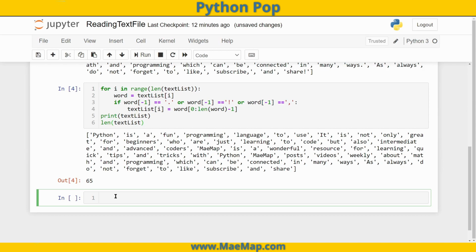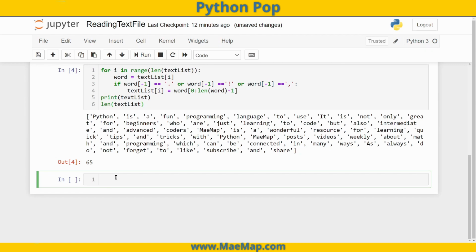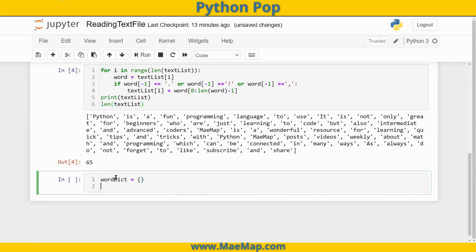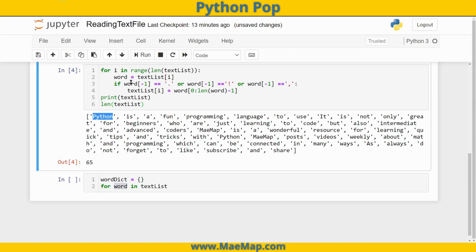I just want to know how many unique words there are, not how many words there are total. Or if I want to know how many times Python occurs. Let's see how to do that. Well, let's create a dictionary so that we can store keys, which are our words, and values, the count. So we're going to have word dict is equal to an empty dictionary, and I'm going to loop through my new text list. So for each word in text list,